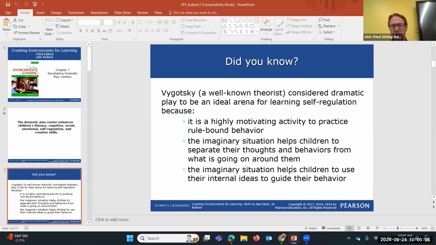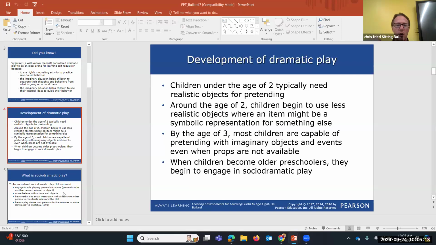So these 3 things that Vygotsky talked about years ago are also things that researchers are understanding to be true today as well. So sociodramatic play, pretend play, whatever you might want to call it, definitely has a place in the early childhood classroom to help children develop a variety of skills.